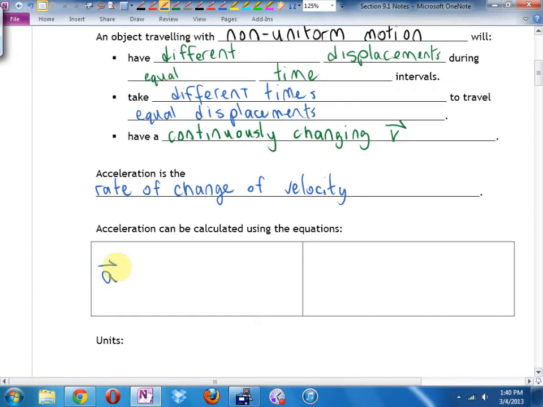Now, I'm going to get fussy. What we're technically always going to be finding is the average acceleration, but in Science 10, and in Physics 11, and to be honest, in Physics 12, we're always going to deal with a constant acceleration, which means the average and the acceleration are going to be the same. We're not going to change. To deal with a changing acceleration, you really need calculus. It's defined as